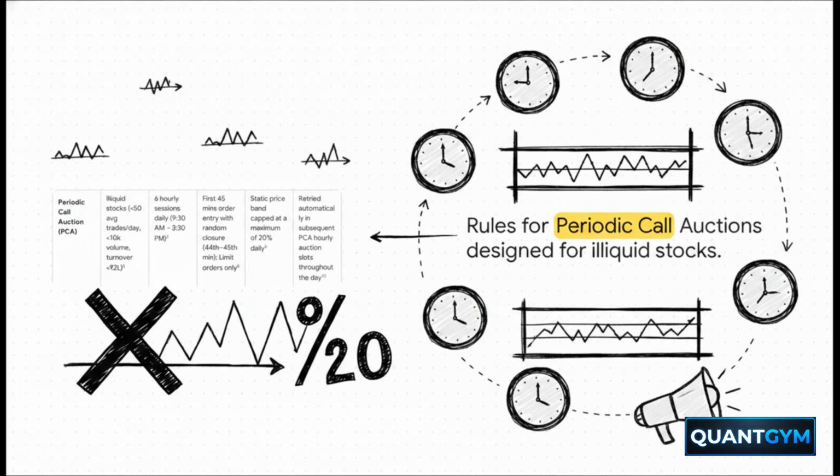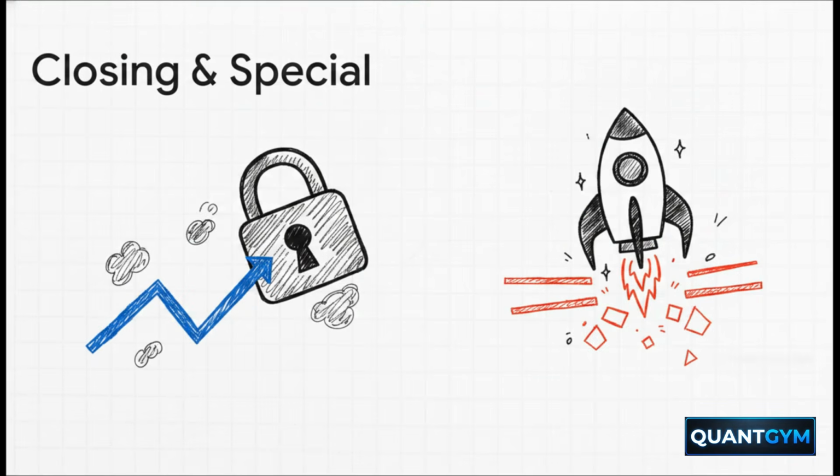Plus, they are capped by a static maximum 20% daily price band. This is specifically put in place to curb microstructural illiquidity and stop price manipulation in its tracks. To round out the Indian framework, we have the closing auction session that runs between 3:15 p.m. and 3:35 p.m. This is absolutely crucial because it locks in an accurate daily settlement price, essentially minimizing the ability of institutions to push prices around at the end of the day to benefit their derivative positions.